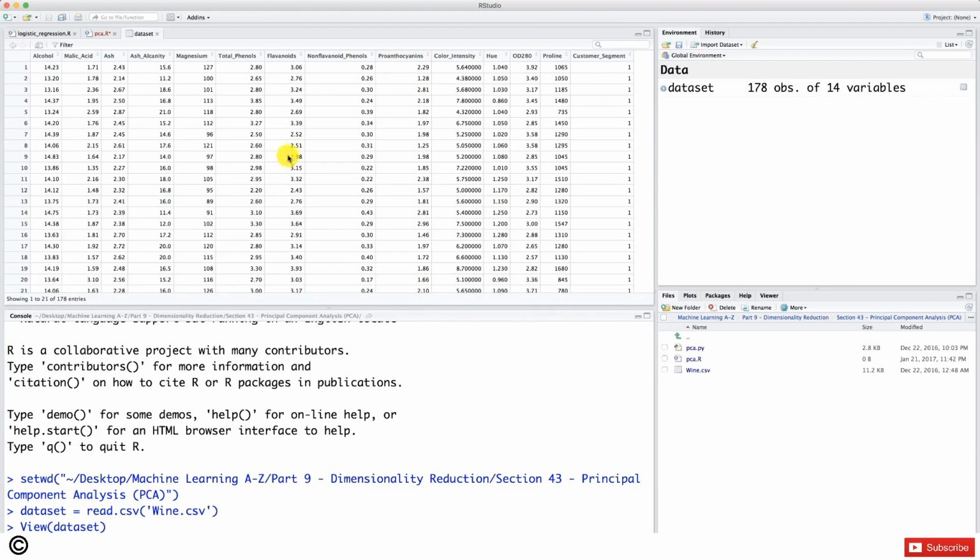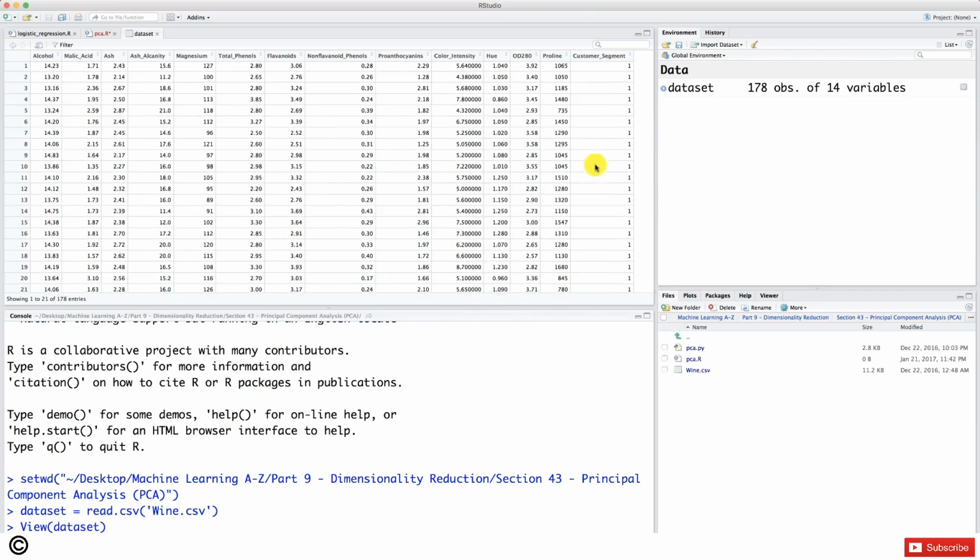Well, the independent variables are all the variables from this one, alcohol, up to this one, proline, and this last variable, customer segment, is the dependent variable. So in the original dataset, this dependent variable is not called customer segment. This is actually the origin of the wine. But let's imagine that we, as data scientists, are working for a wine business owner, and this wine business owner